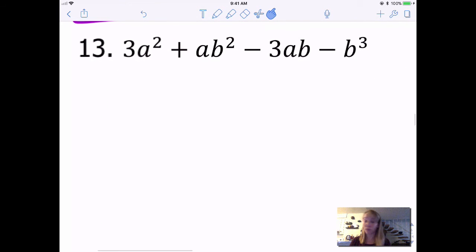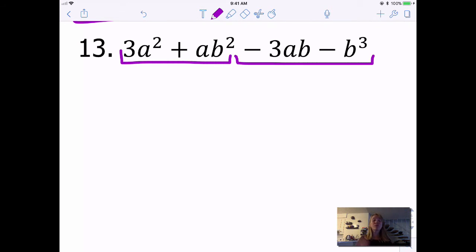Very last one for this video, number 13. I've got some groups. Remember that when you have 4 terms, this is probably what you're going to do. So double check, make sure that you don't have a GCF in all 4. But then it looks like in the first 2 terms, they both have at least one a, but that's really all they have in common. And then what's left is a 3a